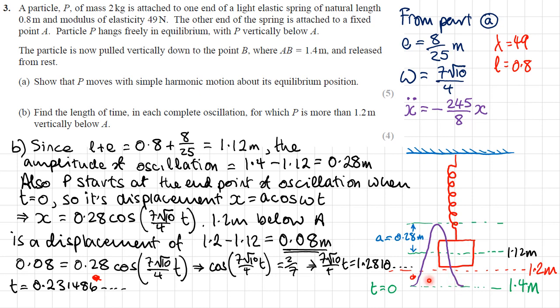Now all we need to do is take this time that we found here and times it by 2, so that I know that it's going to be that length of time in a whole oscillation. So I'll take my value that I got there, times it by 2, and I will get t is equal to